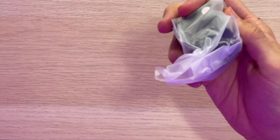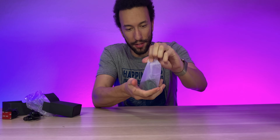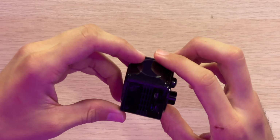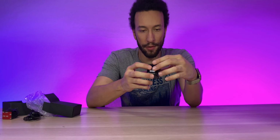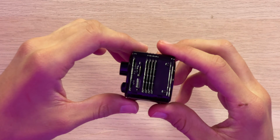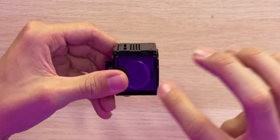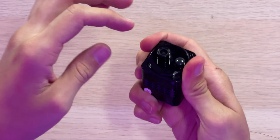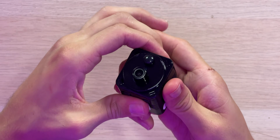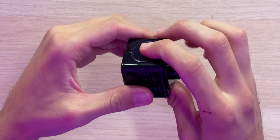we're on to the camera itself, and this thing is very small. Get it out of this plastic, and as you can see, we're looking at a glossy black cube here. I mean, this is very stealthy. The size right here, 1.5 inches cubed. So 1.5 inches all around. It is that small. It does have some good weight to it. It does actually feel very solid. It does feel like we have a plastic shell here, but it does feel very strong for being made